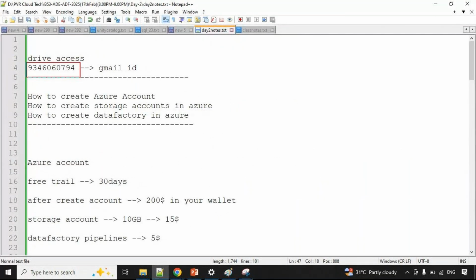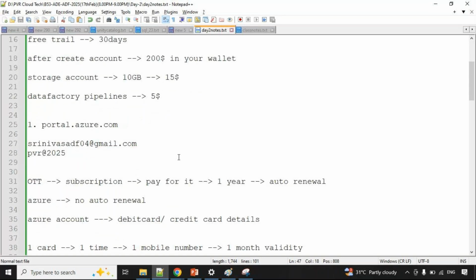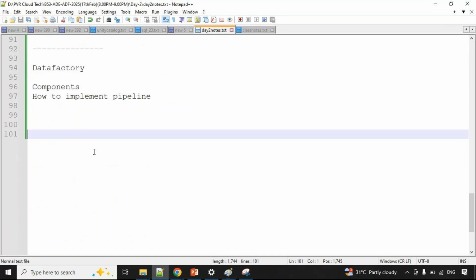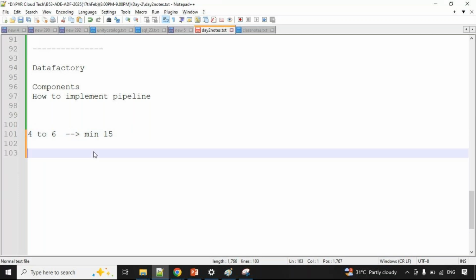Some people are in a dilemma: can we learn or not? Especially experienced people wonder whether we can get opportunities and about CTCs. Guys, trust me, packages related also, even people with 4 to 6 years of experience are getting a minimum of 15 package. The same 4 years experience, guys, even 23 lakhs package. It doesn't matter, it completely depends upon your skill set.